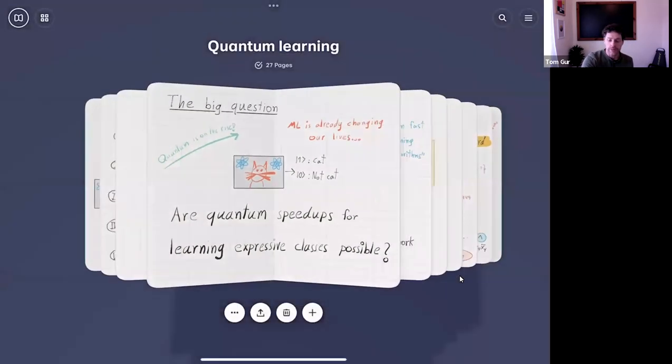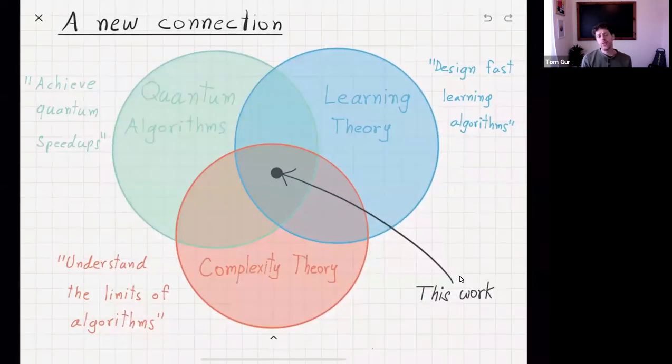What we do is establish a new connection between these seemingly 3 different fields. One of them is quantum algorithms, where we ask how we can solve computational problems faster using the power of quantum mechanics. The other is learning theory, which is the theory which underlies machine learning. And the last is complexity theory, which studies the limits of computation. It even surprised me that such a connection exists between all of these before I started working on this problem. But we show that there is a tight